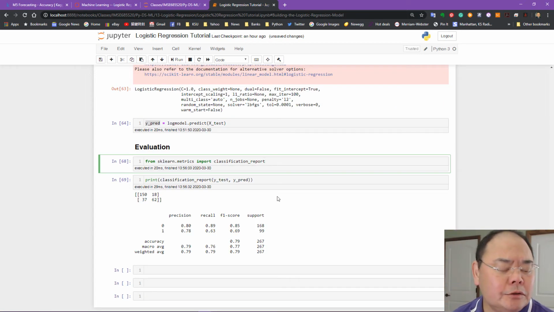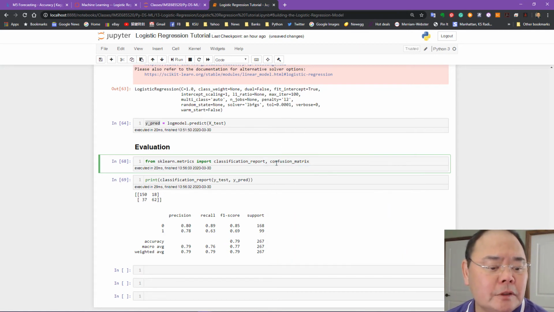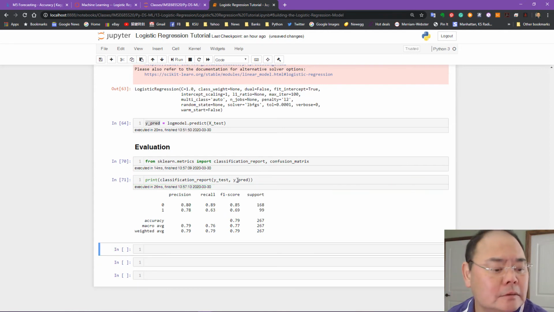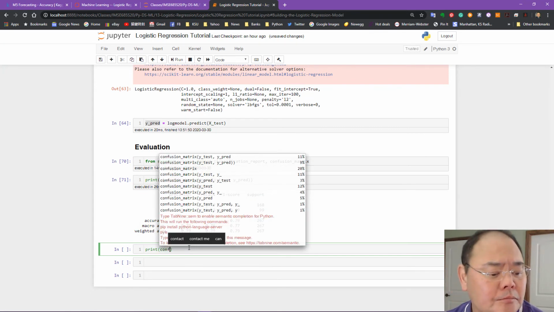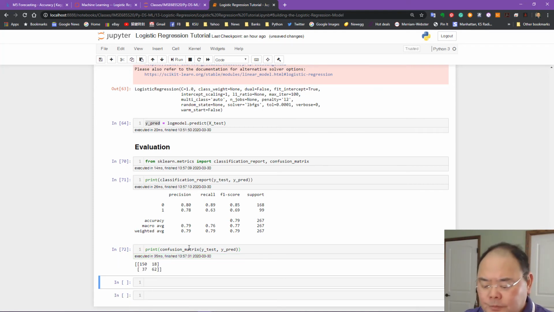Next, I want to show you the so-called confusion matrix as well. So I'm going to import the confusion matrix. Once I print the classification report, I can also print the confusion matrix report. I'm going to use Y test compared to the Y predict, and print the confusion matrix in that regard. It shows me actually